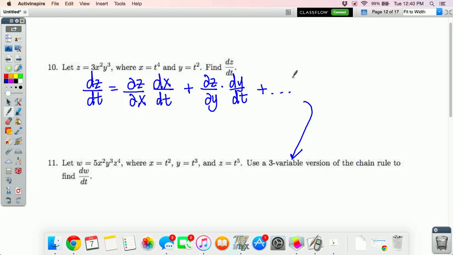You just put a dz, or actually in this case it's going to be dw dz. Just put a third term here and then do exactly the same thing on number 11. So you're prepared to do those